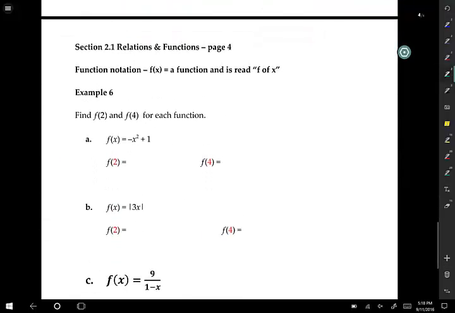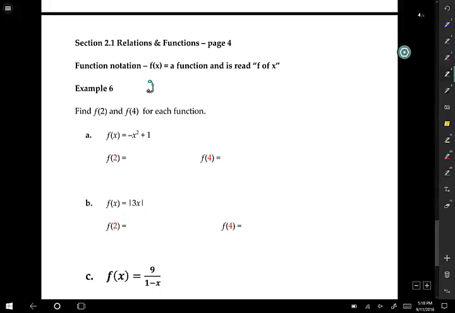Moving down, let's talk about function notation. When you see the function f parentheses x, very simply it's read as f of x. Realize this could be written g parentheses x, which would be read g of x. What does it mean? It means for the value